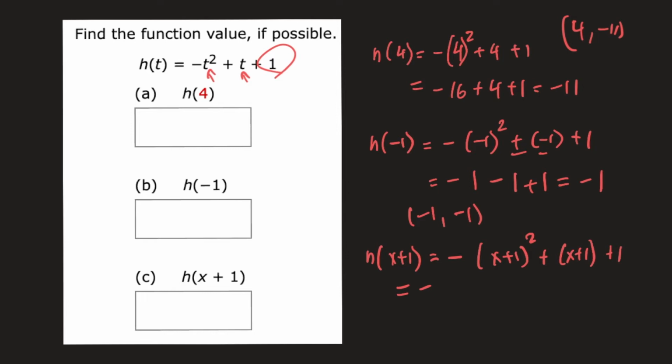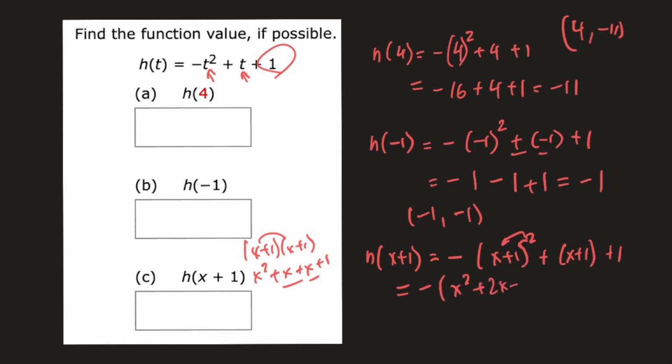One most common mistake is to distribute this square through the parentheses and call it a day. That is incorrect. What you have to do is FOIL. So on the side, I would suggest foiling this. X plus 1 times x plus 1 will give me x squared plus x plus another x plus 1. First, outer, inner, last. I'm going to combine like terms, and I have x squared